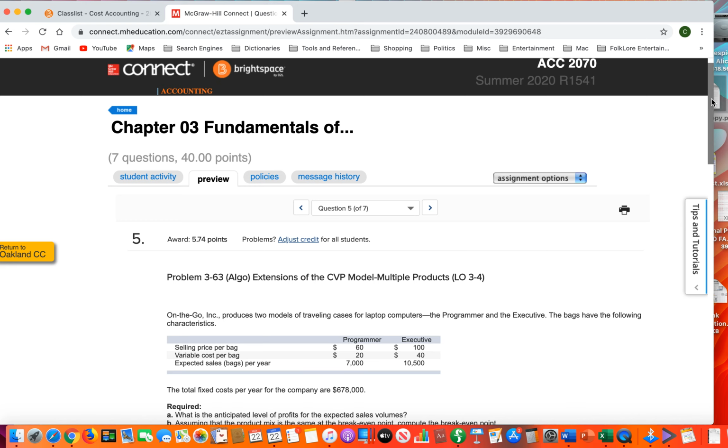Well, here's what you would do. The expected sales volume: 7,000 bags at $60 a bag. Multiply it, you get 420,000. We got the variable cost per programmer bag at $20. So 20 times 7,000 gives you 140,000. So your contribution margin